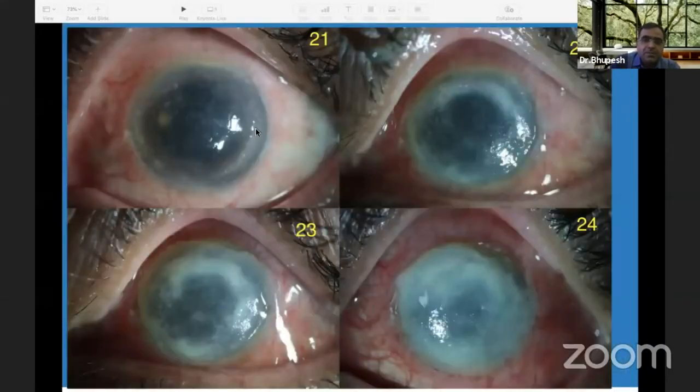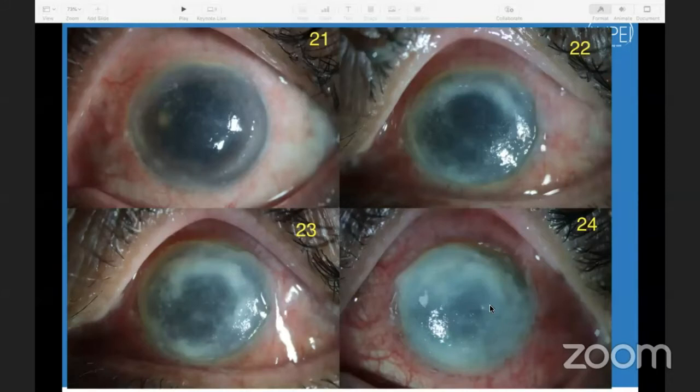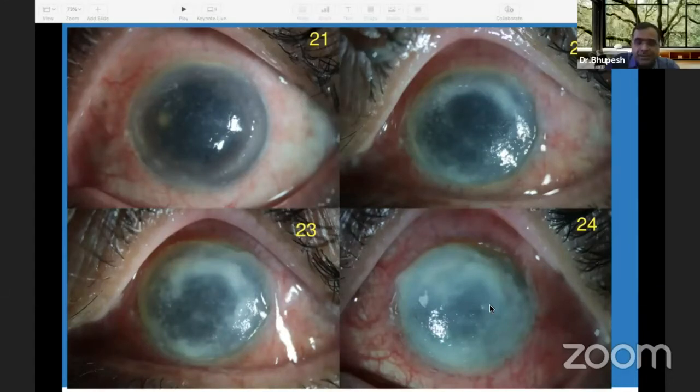So as we stopped the steroids, from the next day onwards this patient starts showing, as I have written here, day 1, 2, 3, 4. So this is the third day of stopping steroid. This presentation is basically a sort of ring infiltrate, and we underwent urgent therapeutic keratoplasty, and fortunately we could save the eye of this lady.